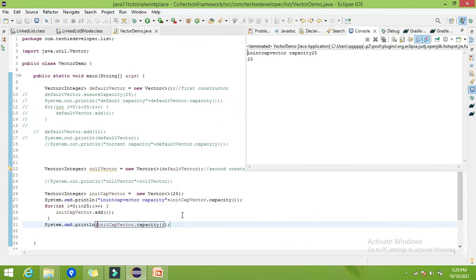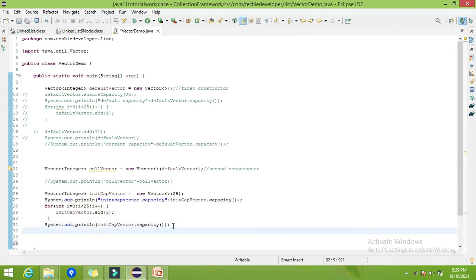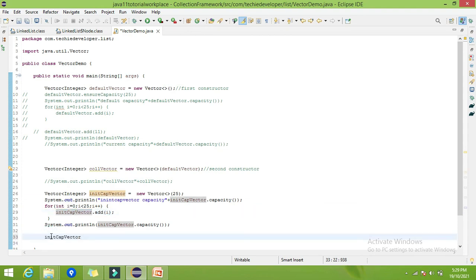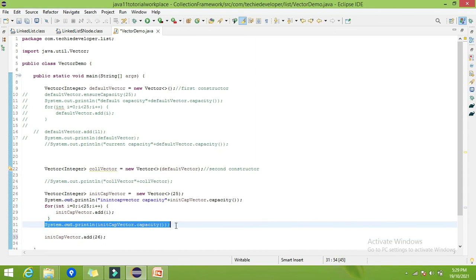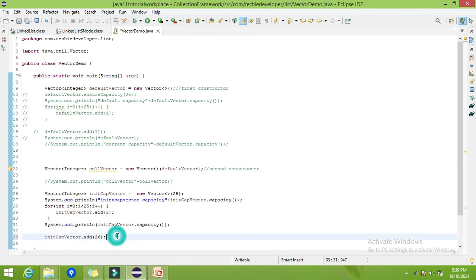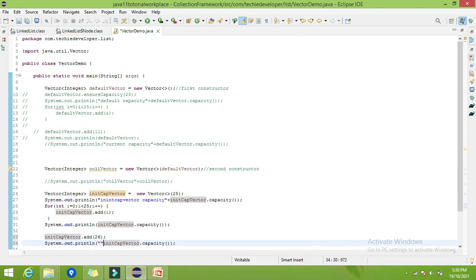That's why the capacity will be 25. But now let me try to add another element, that is the 26th element. And after that let me print the new capacity again. Let me give some string so that we can identify new cap.